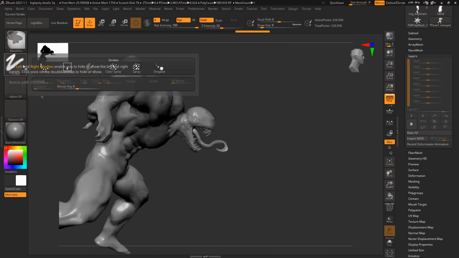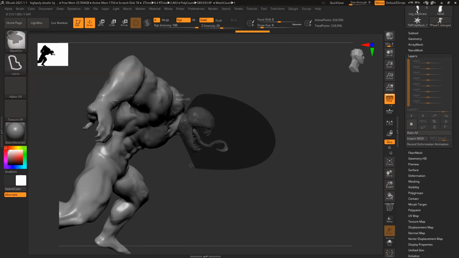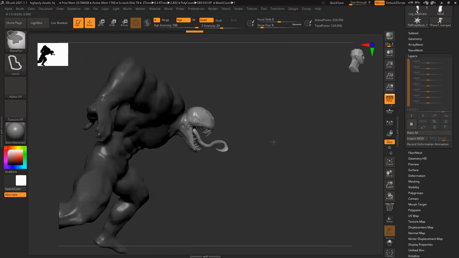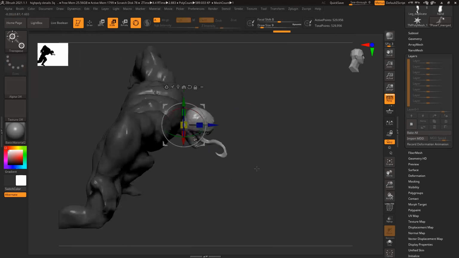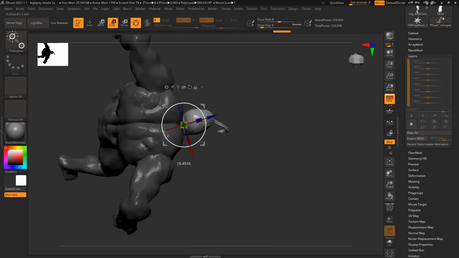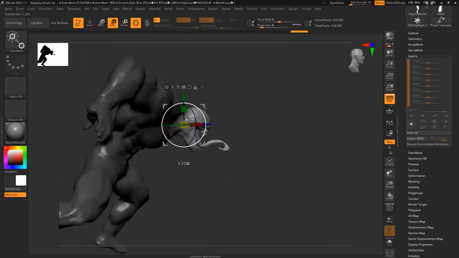Let's select this head, move, and move this gizmo to the center, rotate. You can see everything is rotating together.